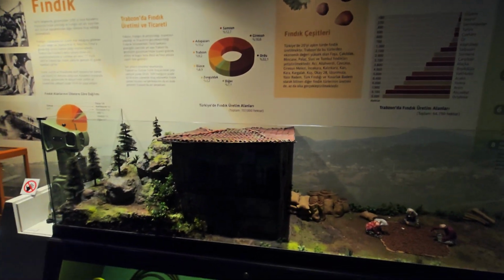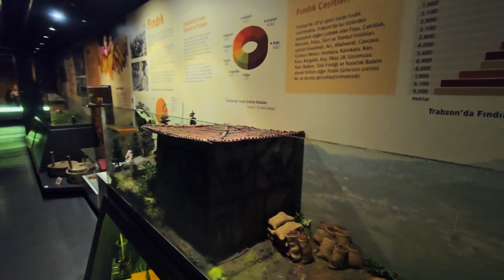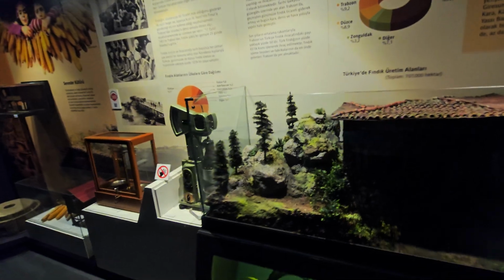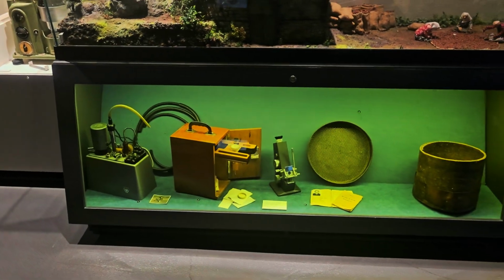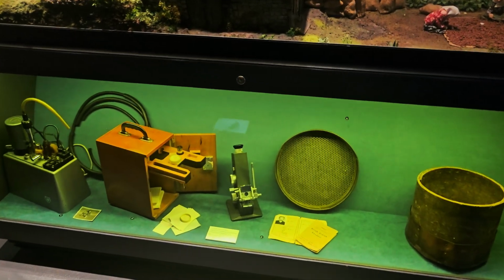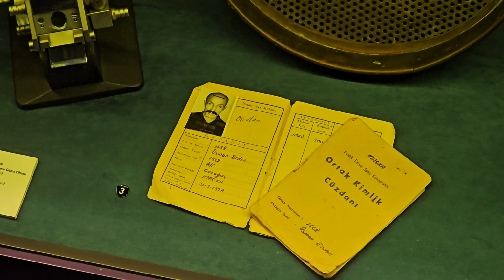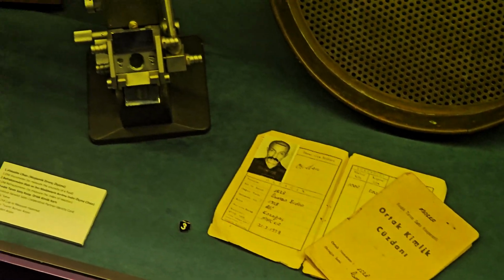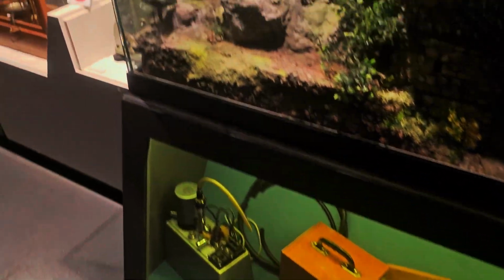This section is a tribute to the hardworking people who have cultivated hazelnuts for centuries, sustaining both their livelihoods and the region's economy. The display also includes historical artifacts such as old identity cards and tools used in the trade, giving a personal touch to the exhibit. These items connect the viewer with the individuals who have contributed to the industry over the years, making the history